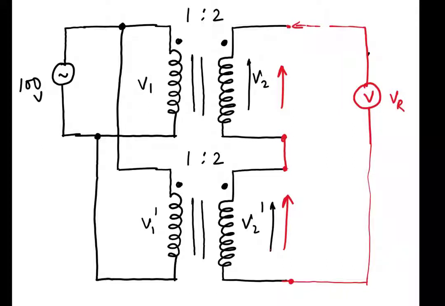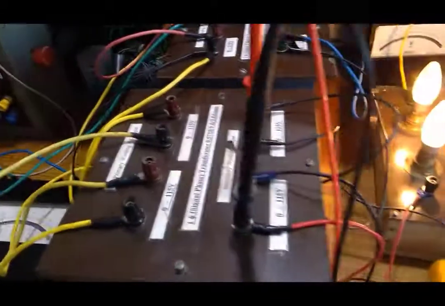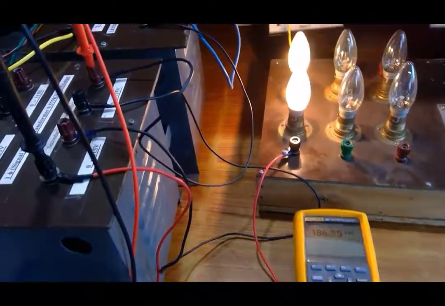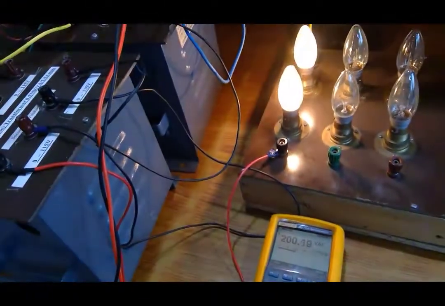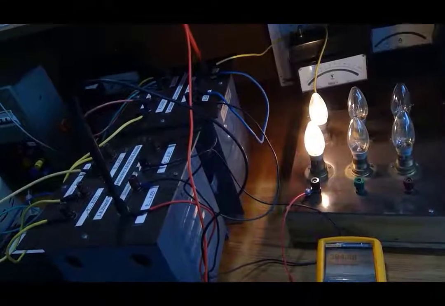First, this circuit connection was used, and two identical 1:2 transformers were used, and at the input 100 volt supply was given, and at the output, instead of using a voltmeter, I have used two bulbs to show that the bulb is glowing. With a multimeter I am individually measuring the voltages. Here you can see that 100 volt supply has been given at the input, and 186 volt is appearing at one of the transformer ends, and for the other transformer 200 volt is appearing, and the bulb is glowing. That means this is as per the first circuit connection, and combined you can see around 384 volt is appearing.